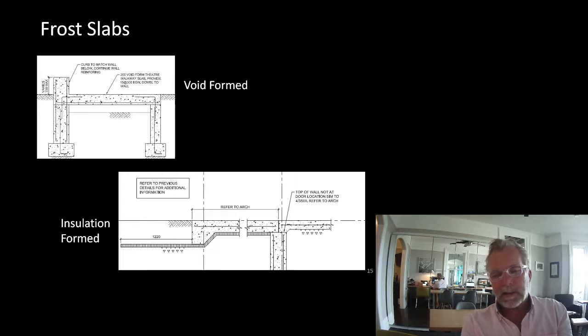If we actually look at the conductivity of soil and compare it to the conductivity of rigid insulation, extruded polystyrene like Styrofoam SM or something, we'll find that 2 inches of rigid insulation is abundantly less conductive than 4 feet of soil. And so 2 inches is a fairly